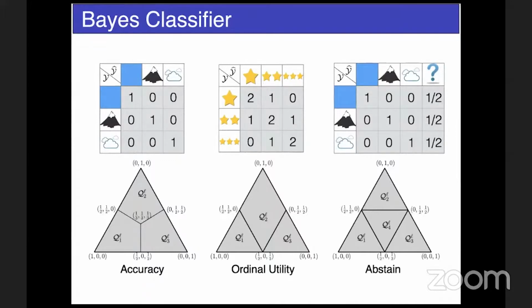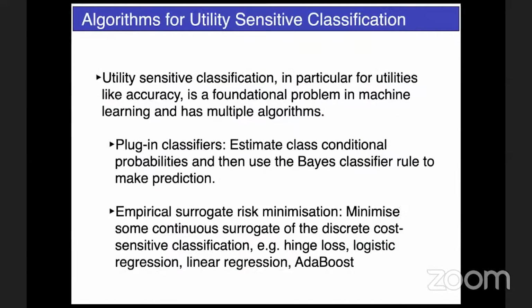This is called the Bayes classifier. Let's move on. Now this is just a conceptual idea. How do we get there? The main problem in getting the Bayes classifier is that it requires you to know the probabilities. I said you just ask, for an image, what is the probability of sky, mountain, and cloud? If you have 0.5, 0.3, 0.2, you say sky. But where are you getting these 0.5, 0.3, 0.2s from? That's not clear.